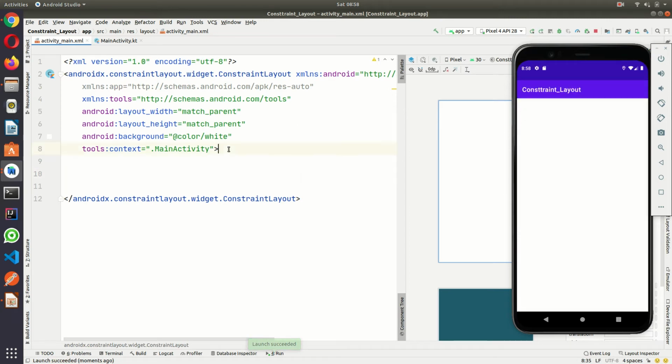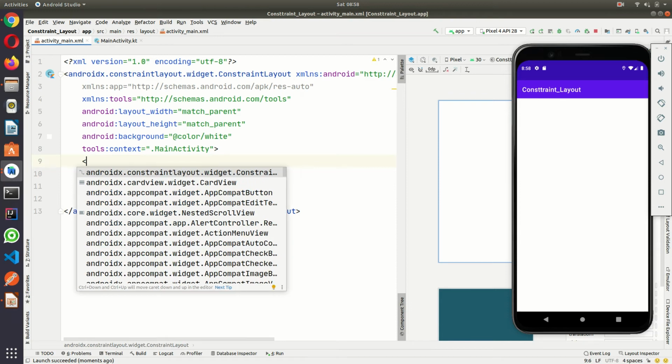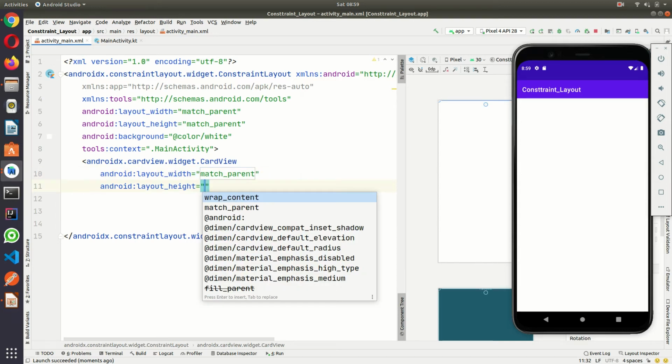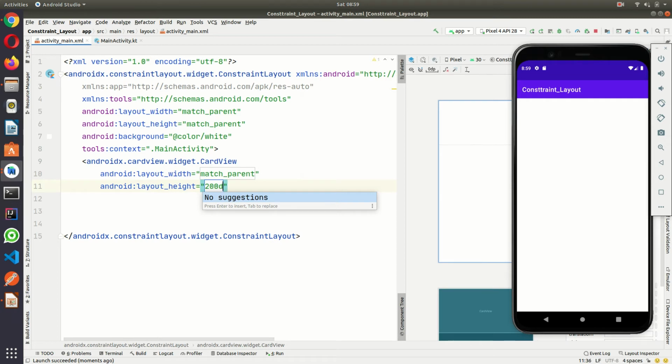There is nothing. I'm going to make one card view, and its height should be 200 dp. Okay, this much.